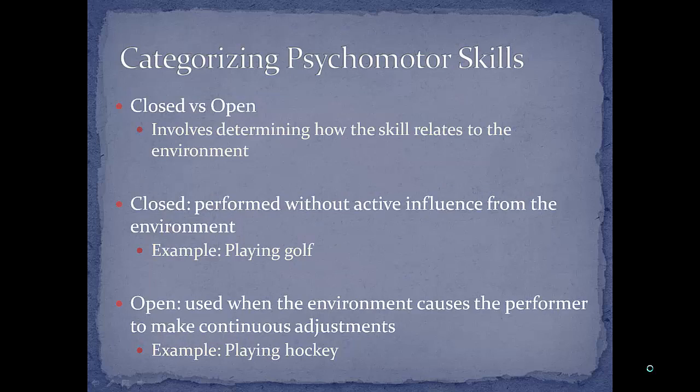Another way to categorize psychomotor skills is closed versus open, which involves determining how the skill relates to the environment. Closed, performed without active influence from the environment, such as playing golf. Playing golf is a one-person sport that does not have an opposing team affecting or influencing our next moves. Open, however, is used when the environment causes the performer to make continuous adjustments, such as playing hockey, which does have an opposing team, and our moves are continuously adjusted based off the environment,